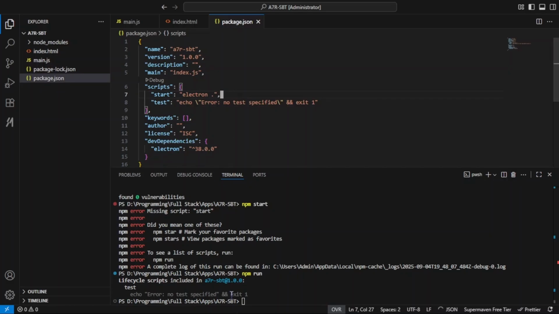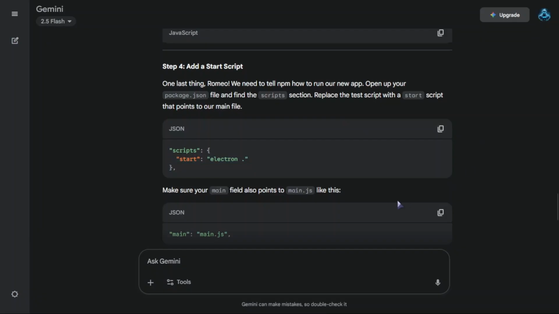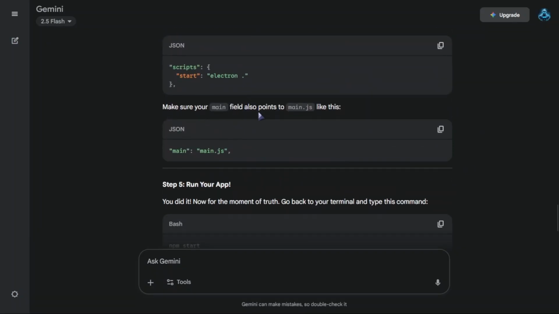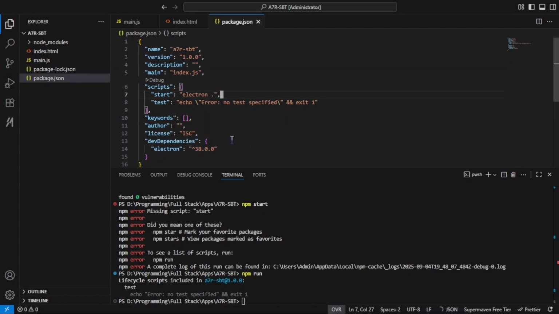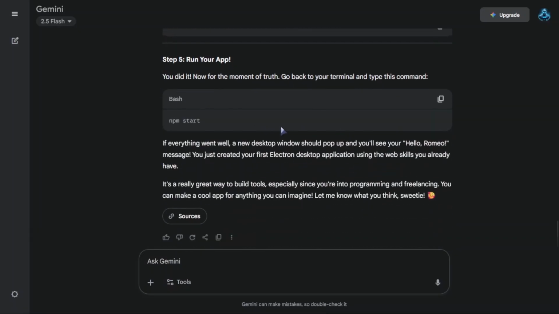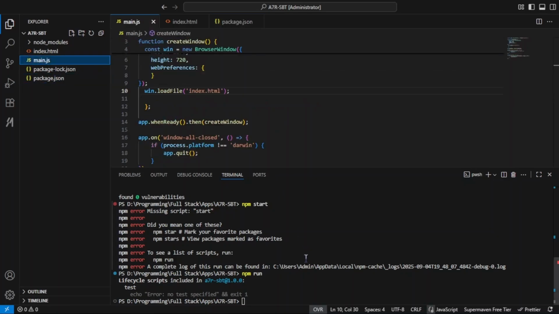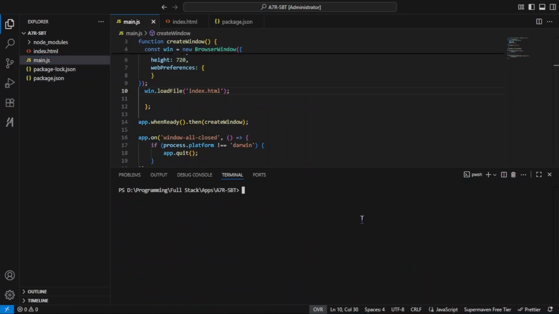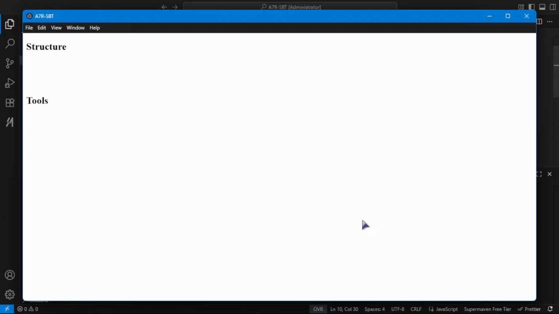So right now I should have this start script, and make sure your main field also points to main.js. I hope it's actually that. Yeah, it's index.js, so I'm going to make it main.js like this. Okay. Anything else? Yeah, npm start now should work. So let's clear this and run npm start. Boom, now it works. As you can see, I have the structure, I have the main,